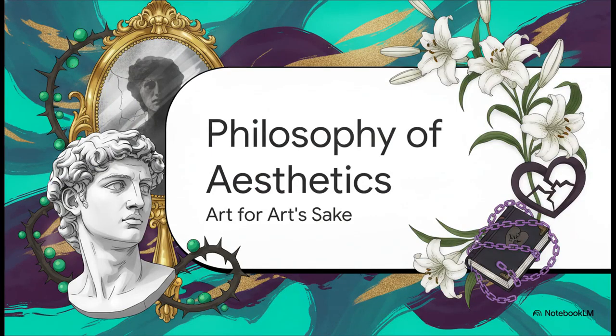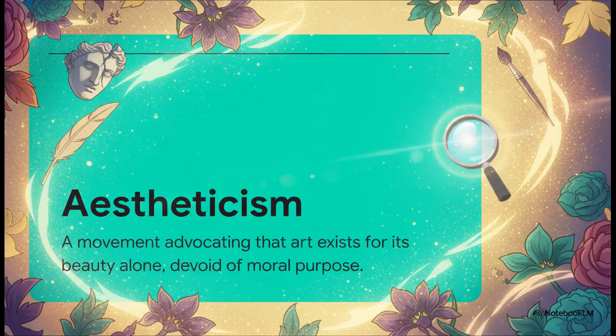Okay, Section 1. The philosophy of aestheticism, art for art's sake versus morality. To really establish the conceptual foundation of the entire novel, we have to understand aestheticism. This was a late 19th century movement, asserting that art exists purely for its beauty alone, completely devoid of any moral or didactic purpose. Art for art's sake. Wilde was the famous professor of this movement in London, and so the central question of the novel is what actually happens when you try to apply this artistic rule to a living, breathing human life. Wilde separates the spheres of ethical judgment and artistic appreciation, and Dorian basically tries to live entirely in the latter.